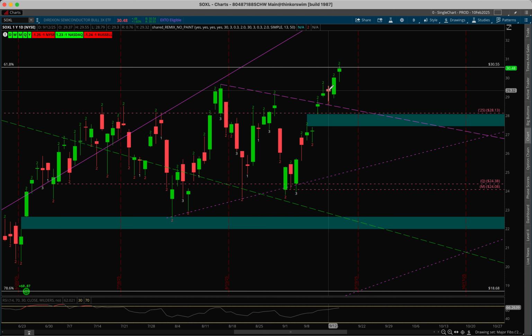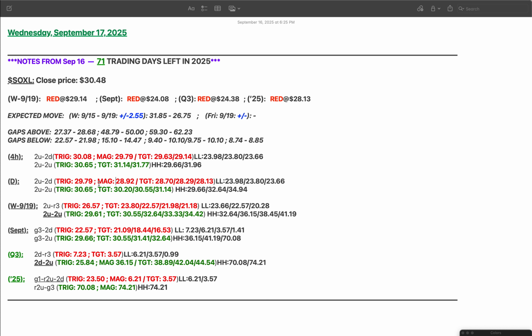We can have an extended target here of the higher low, because again, that's a significant level. If we go below that, we're making a lower low, and we're just broadening the formation from a day perspective. So that 28.79 is that extended target. So we can see here,